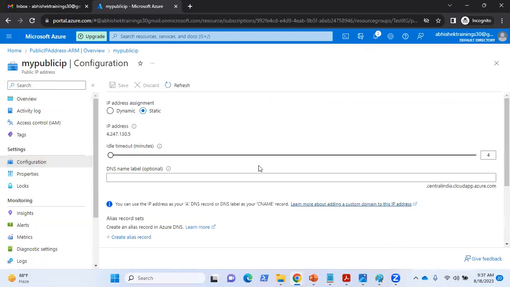If I go to configuration, after creating, I can choose it to be a dynamic IP or a static IP. After creation, I can go to the configuration. I can choose it to be a dynamic IP and I can save. But if I choose the static IP, it will not get deleted. And I can choose a DNS name for this